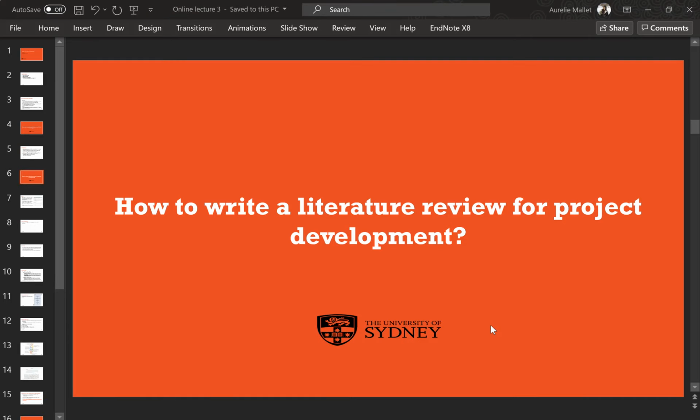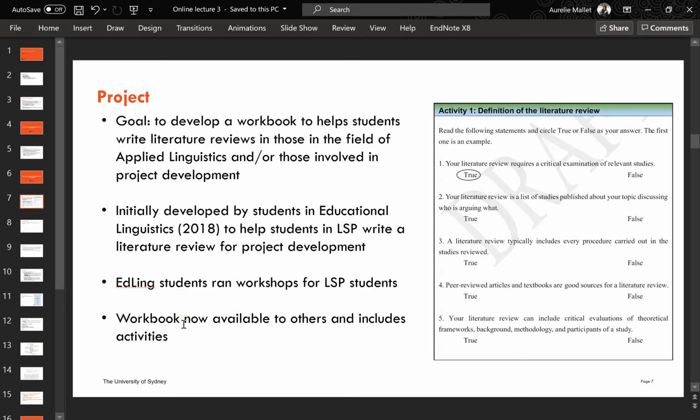Okay, so now let's start with the first project. So, how to write a literature review for project development. So let me give you guys a little bit of background about what the workbook was about, what they had to do, etc. So the goal of the workbook was to develop a workbook to help students write a literature review, and it was specifically aimed at people who were in the field of applied linguistics and those who are